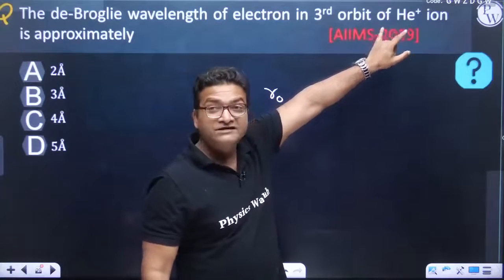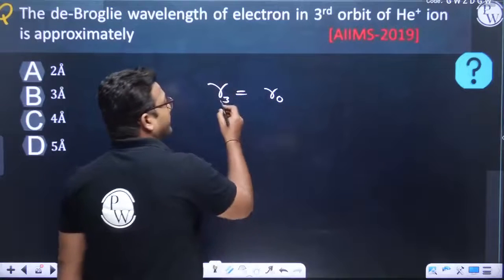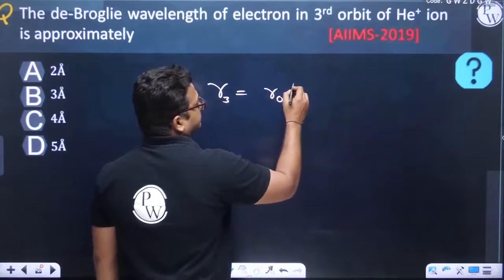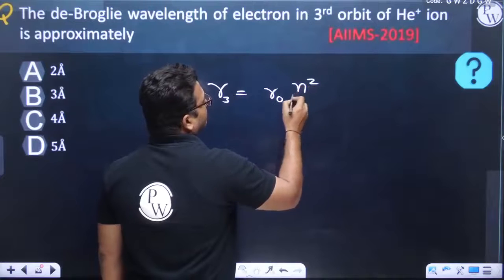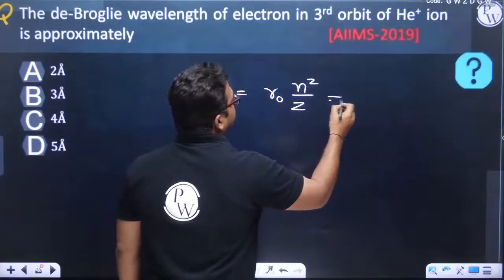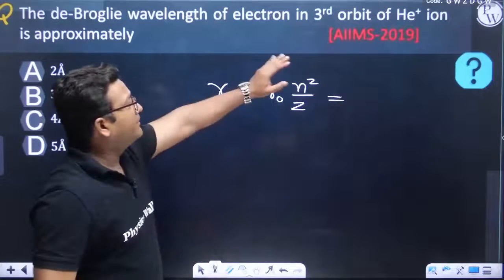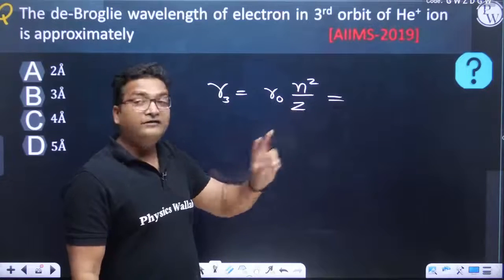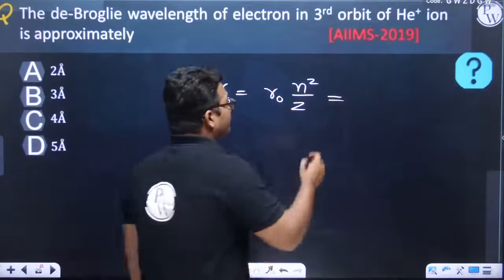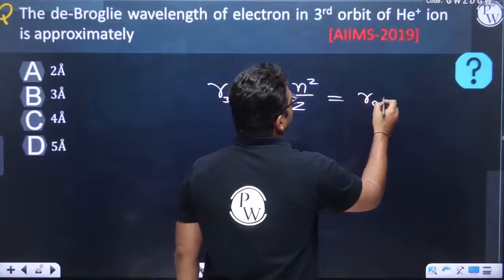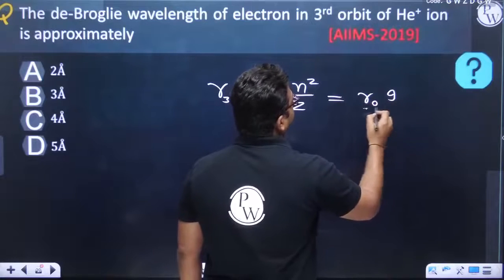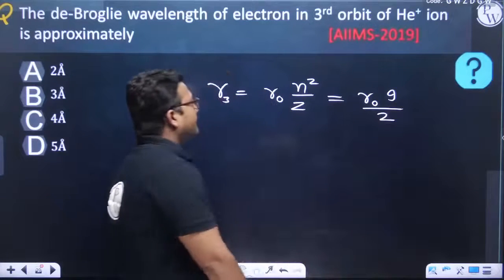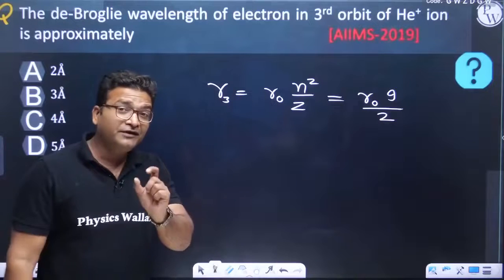Remember, if we have an He plus ion, the radius would be R naught n square by Z. The third orbit means n is 3 and Z is 2, because for He the atomic number is 2. So we have R naught times 3 square, that is 9, divided by 2. So this is the radius, right? And as we are in the third orbit,